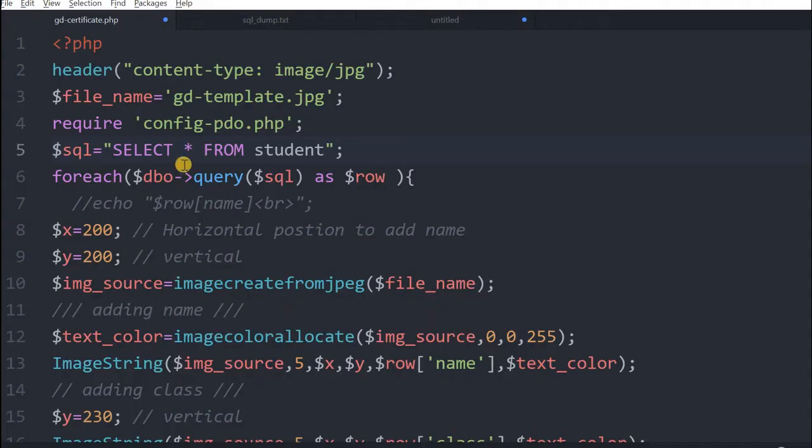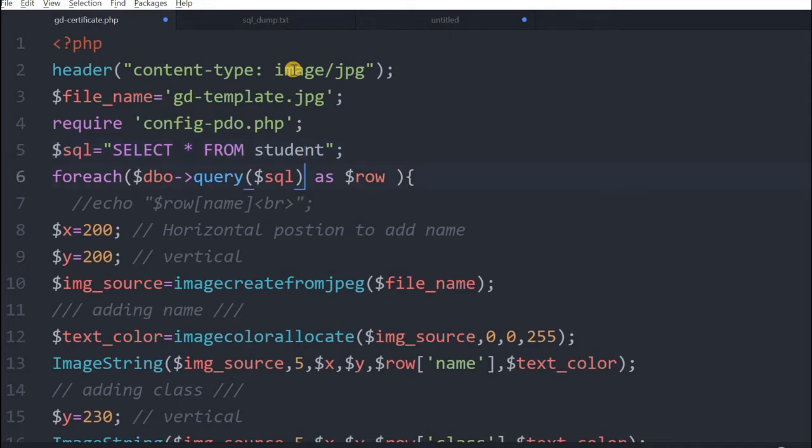We are inside our gd-certificate.php file. Every line of this was explained in part 2 of the tutorial. Note that we have not added the part 3 video, which is about the dynamic QR code, but here we will explain that. So it is part 2, and then as far as video is concerned, it is part 4. Now you can see here this is the image we are telling, and this is the template file we are using, and this config-video is the file where we keep our database login details. And here is our SQL.